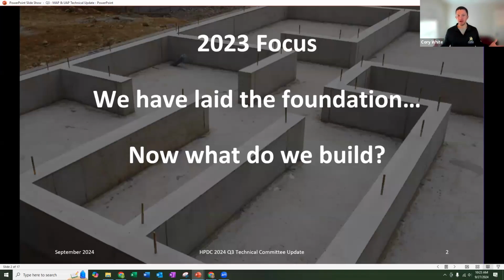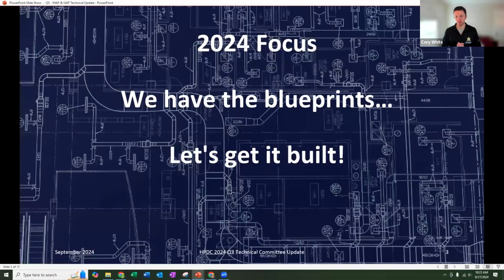So we laid this foundation, and the question in 2023 was, what do we build? So now in 2024, really the blueprints were created in 2023. So in 2024, our focus was, let's get this built. So in 2023, we took it from this 10,000 foot level and brought it down really, really close to the ground. And now we're like, let's get it on the ground and start building it.